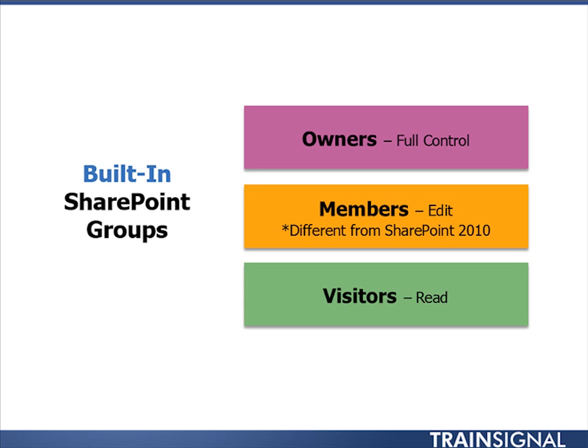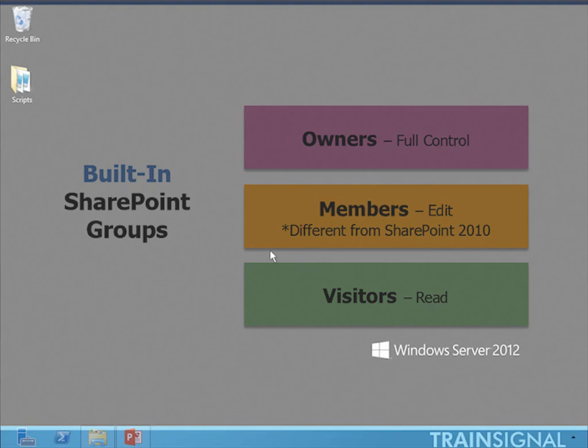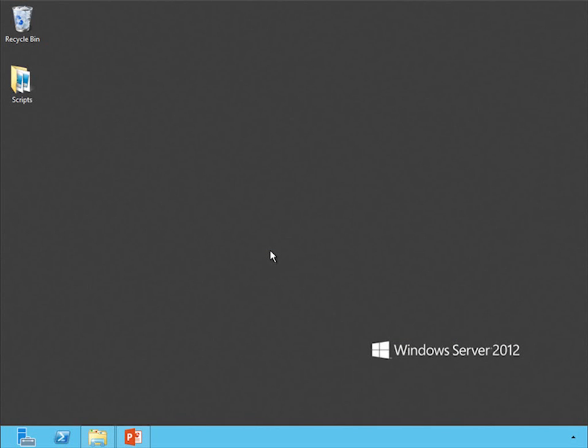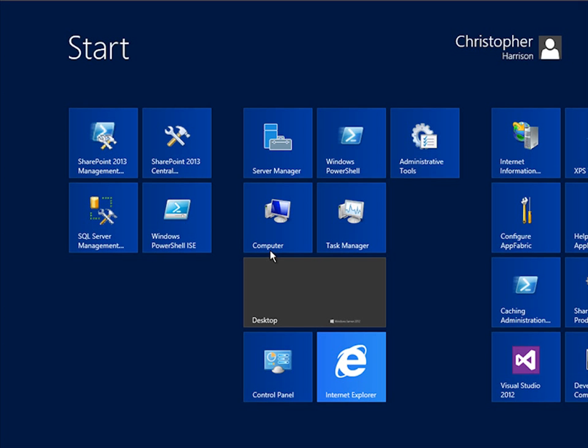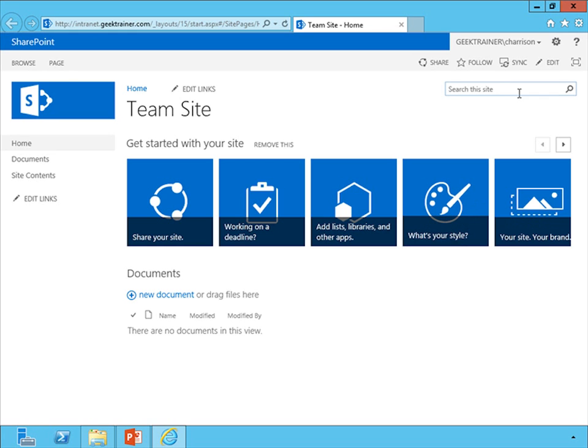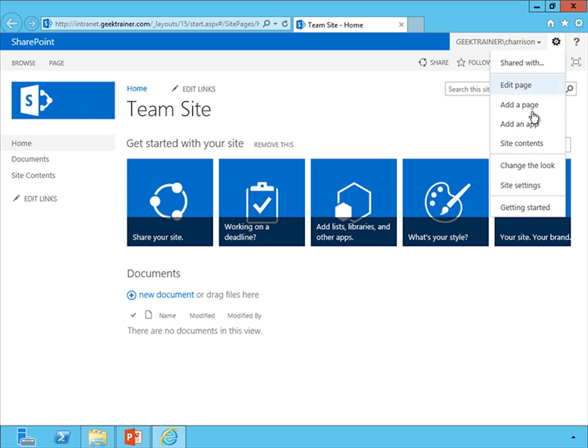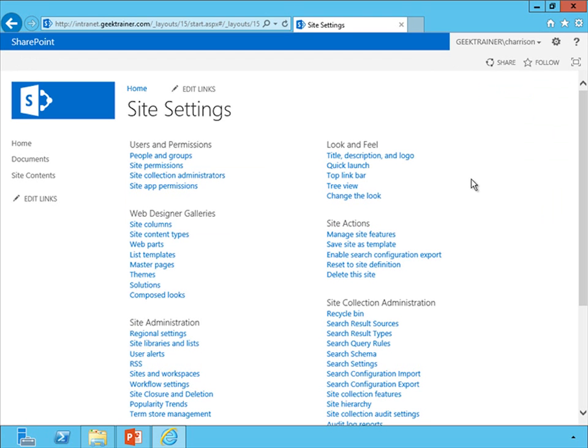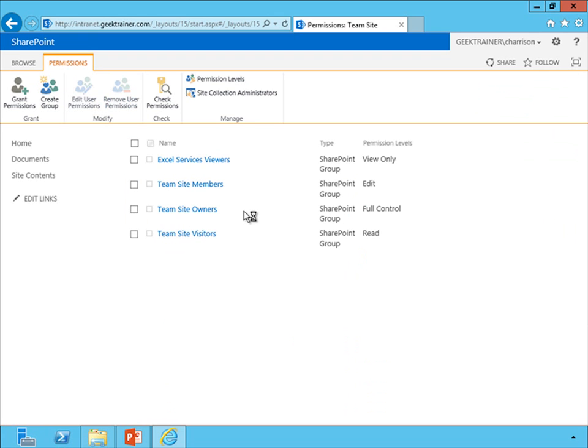Let's go in, create a group, and add people to our group. Let's go back to Internet Explorer, and let's hit Site Settings, and back to our site permissions. And here is the list of our groups. So what I'm going to do is hit Create Group,